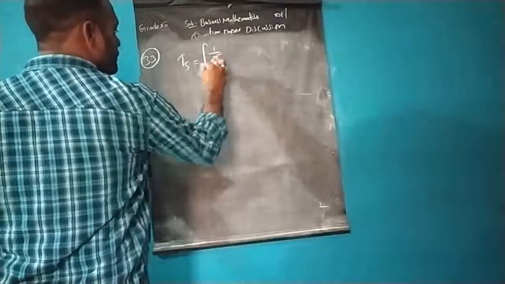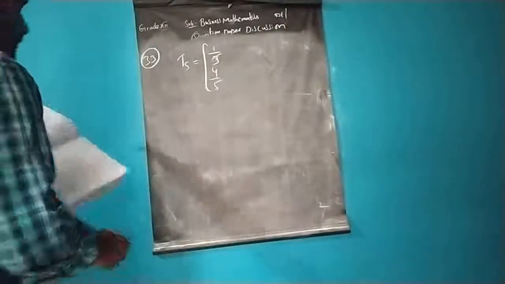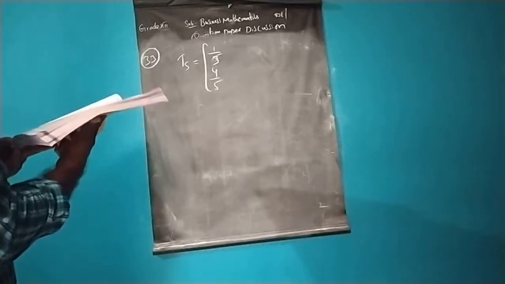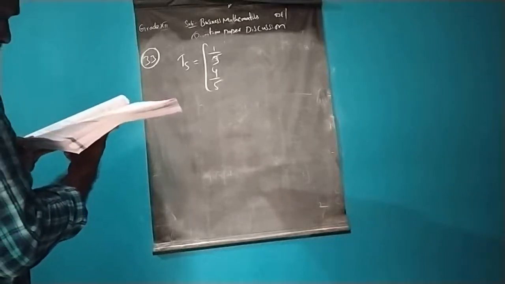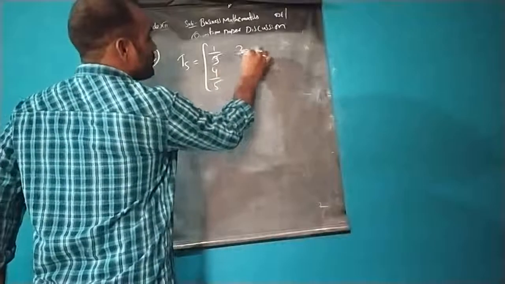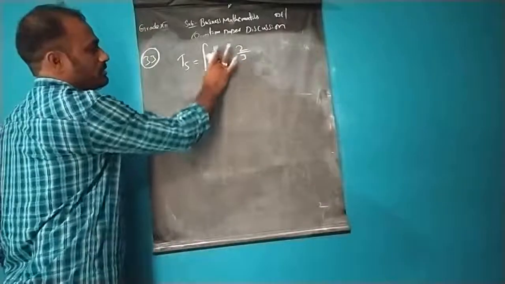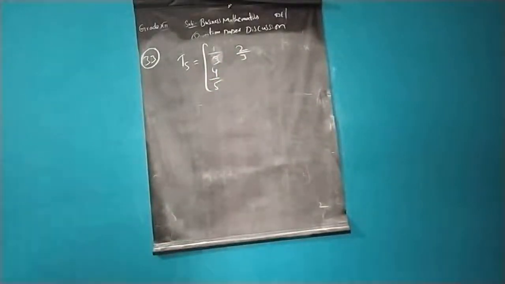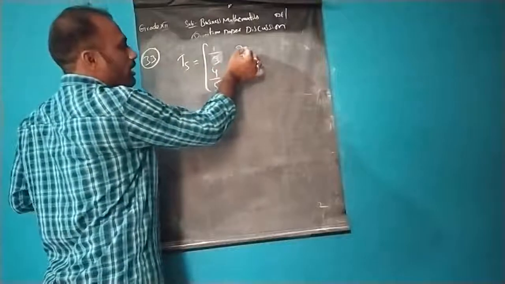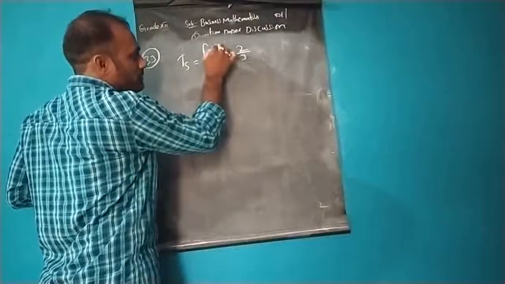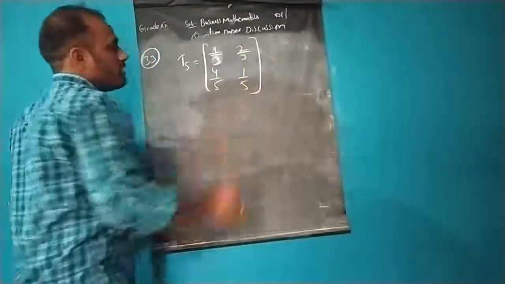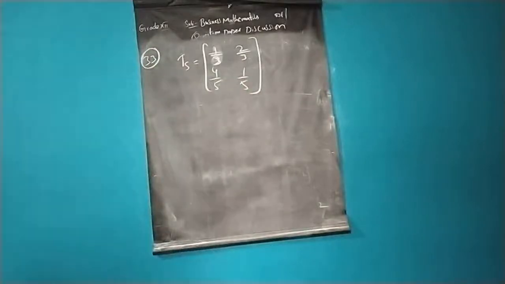Next, if he is sad on one day, he will be happy on the next day by 2 by 3. So here it is 2 by 3. Now see here, firstly, only these two conditions are given, which is 4 by 5 and which is 2 by 3. So to make the probability equal, we can write here 2 by 3 if he is sad means 1 by 3 is happy. 4 by 5 is sad means 1 by 5 is happy. So this will give a transition probability matrix, which is T.